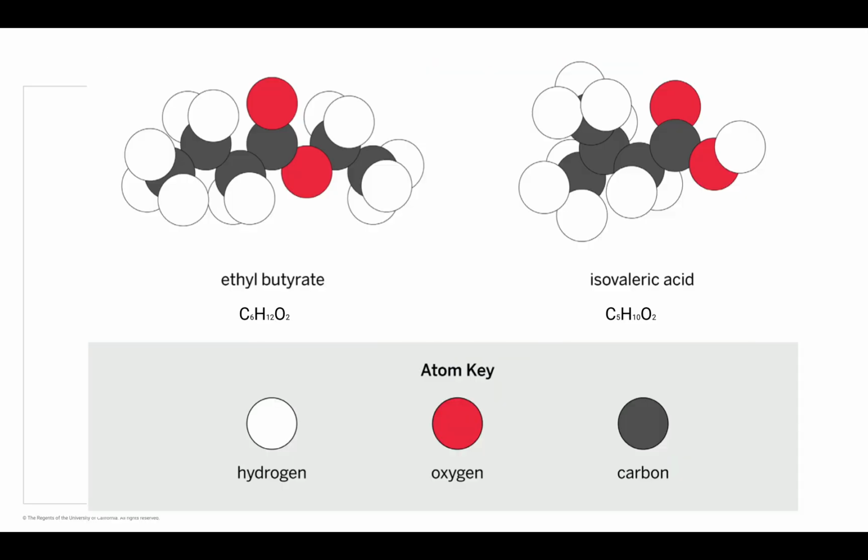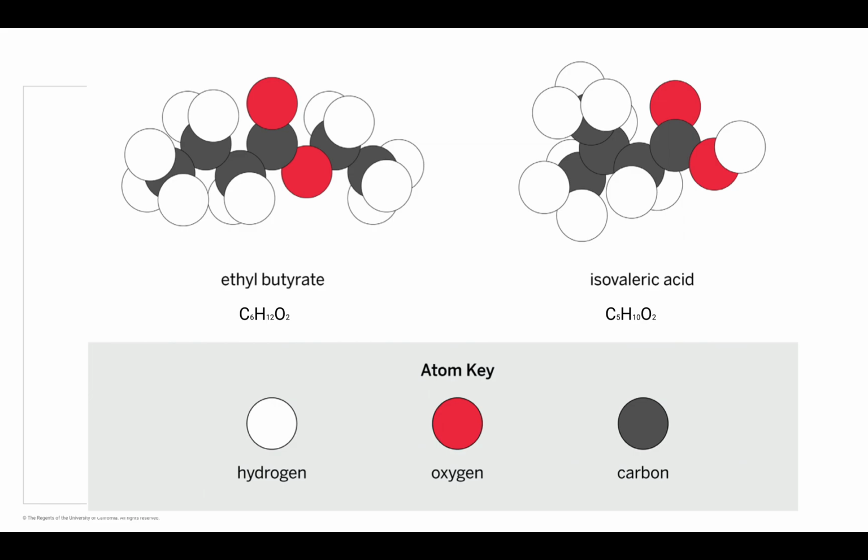All right, what I'd like to talk about is on page 2. This entire page, you're reading about 2 different chemical compounds or substances that share the same atoms. The first one is ethyl butyrate, and the one on the right is isovaleric acid. The interesting thing is that these 2 substances share the same kind of building blocks in that they